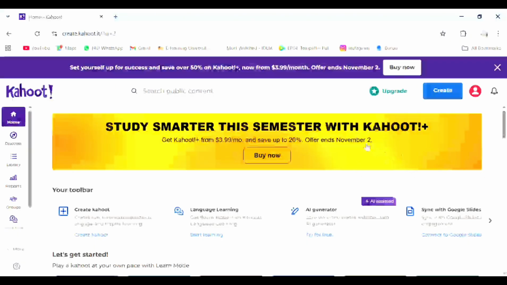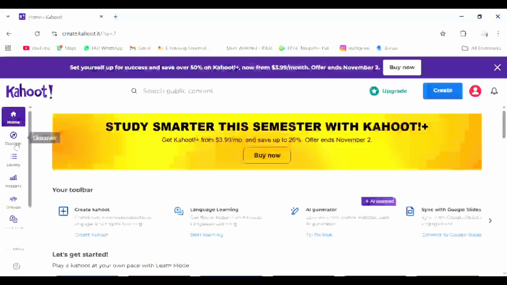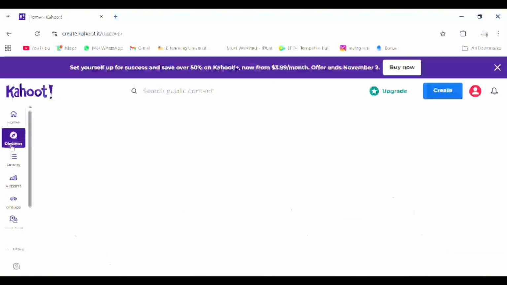Okay, when you already log in, you can see the dashboard. It looks bright, simple, and well organized. There are tabs like Discover, Library, Create.